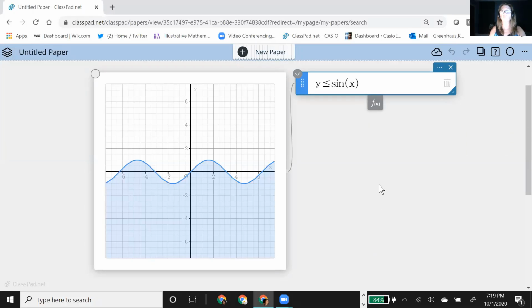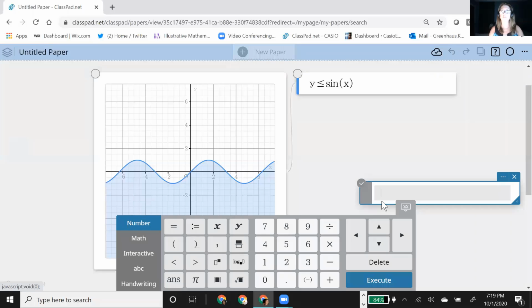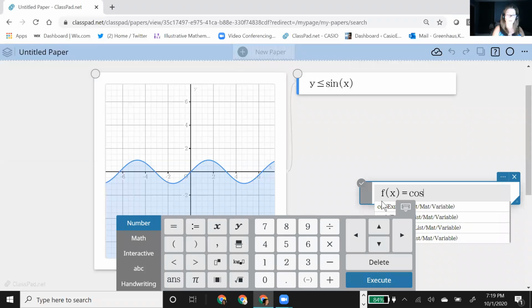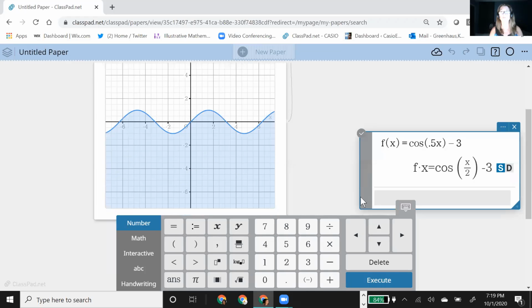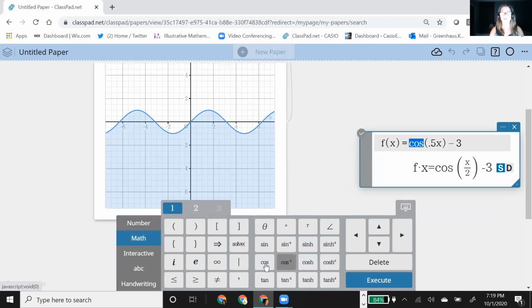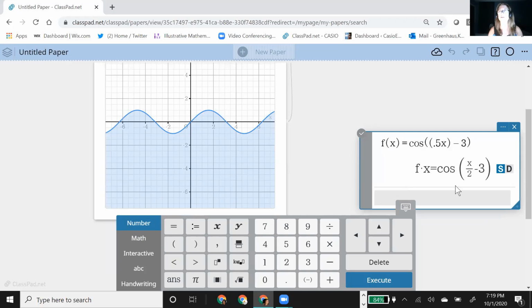Remember, this is what we did before. So I'm just going to get my calculate sticky out and define an f of x to be cosine of 0.5x minus 3. So I'm in the calculate sticky, so when I hit it, it's just going to say, okay. No, what did I do wrong? Oh, I didn't use cosine. Sorry, I needed to actually use it. Sometimes it doesn't interpret it. It interpreted that as a what?